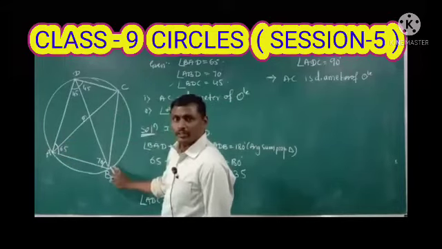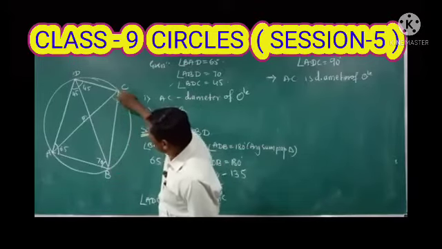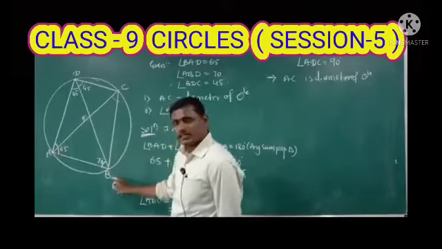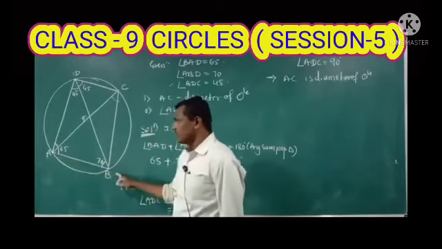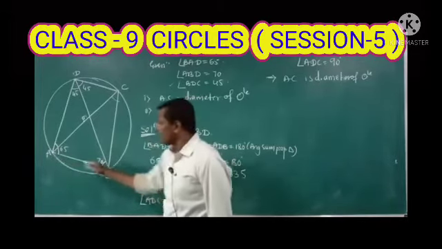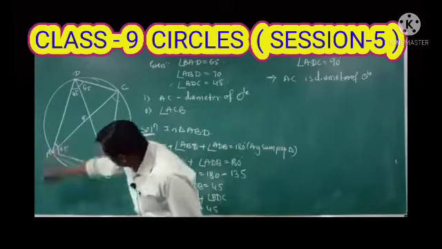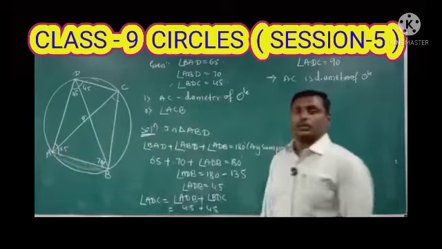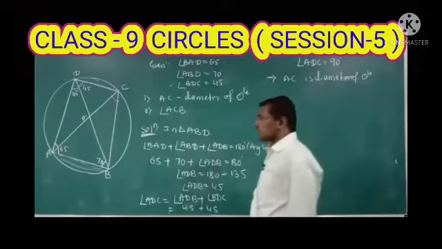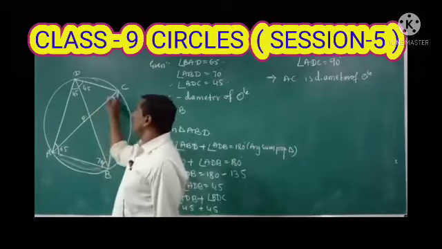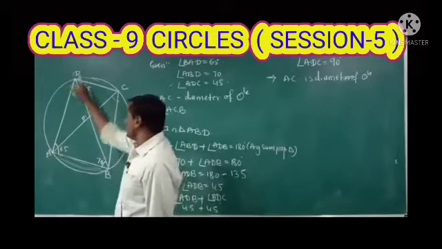What is the value of angle ACB? Can you calculate this one, angle ACB? Just observe the given diagram. Here AC is the arc, AB is the arc, and AB is the chord, and these two will form a segment of the circle. Whenever the angles in the same segment are always equal, therefore